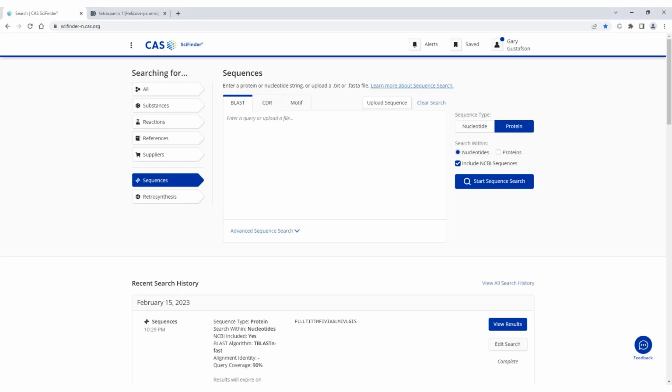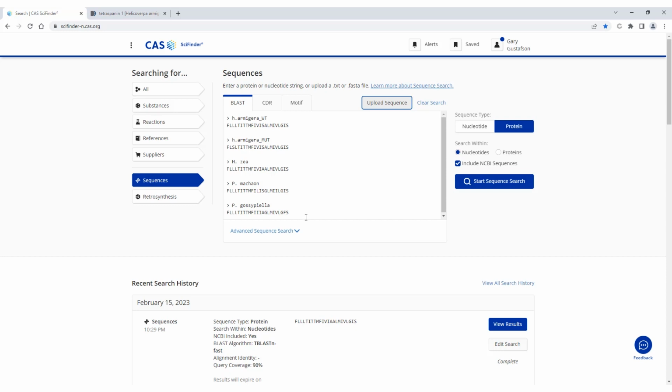So pull up my desktop here. As I said, one way we can introduce multiple sequences is to upload a TXT file. So in this instance, I have my BLAST tab selected. I can upload a sequence. I will retrieve that TXT file and upload it. So we can see what we have here is the list of, in this case, the 5 different sequences I